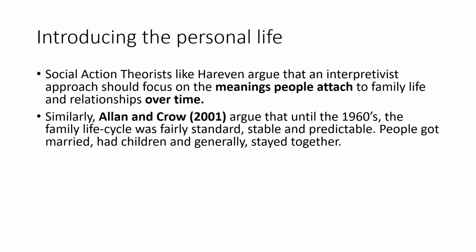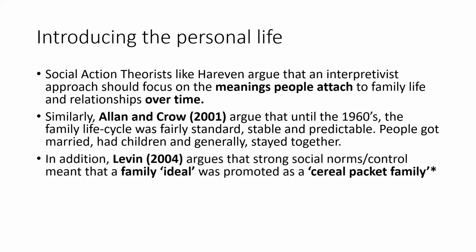Allen and Groh argue a similar thing, that until about the 60s, the family life cycle was pretty much the same for everybody. Everybody would have been in a nuclear family to start with. They would have stayed in it until they were an adult and formed their own nuclear family, and it would be very, very predictable. But that obviously today is not the case. People may be born into a single parent family, may be born into a reconstituted family with step relatives that are already there, so all kinds of things. And throughout their lives, people can go through loads of different family types.